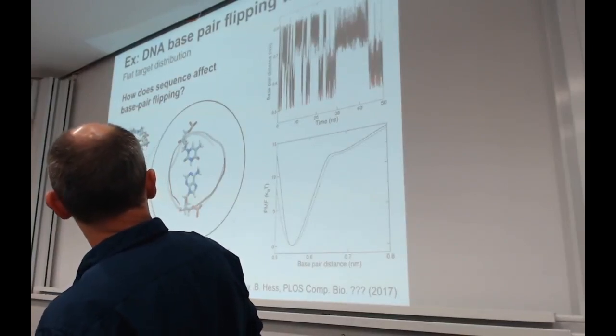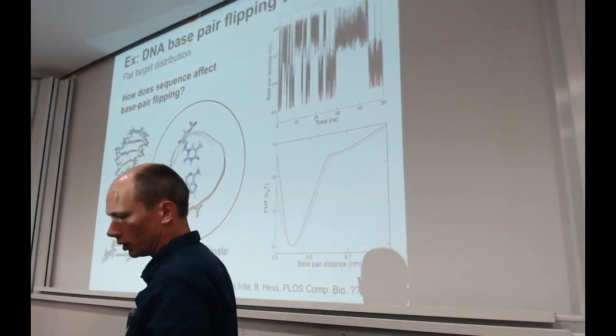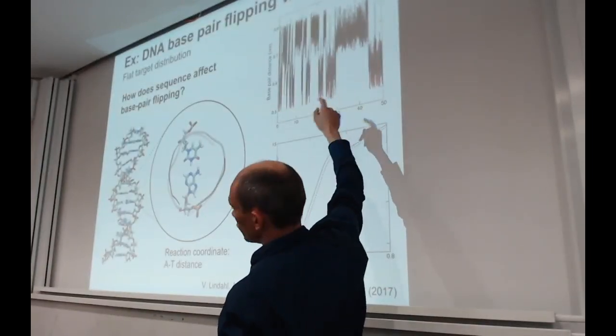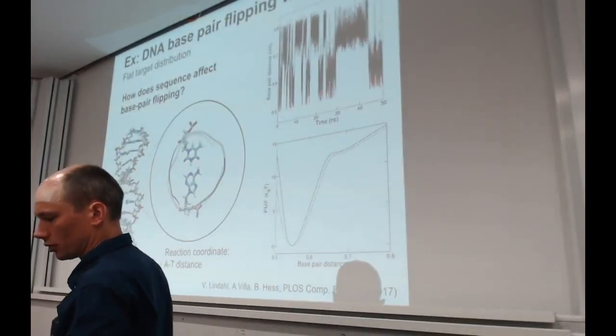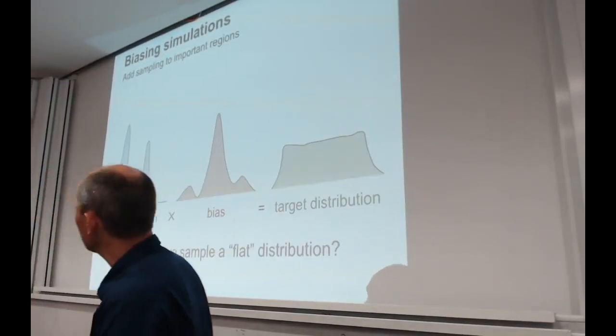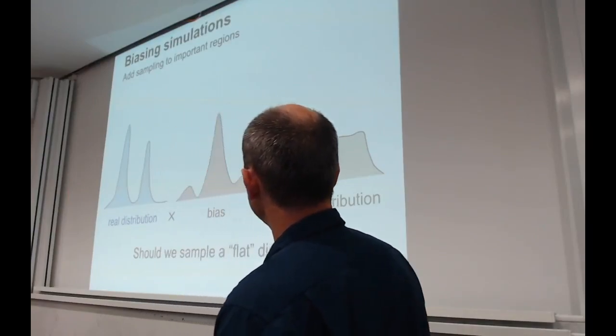So this shows that it works on quite complex systems. And you need to sample more than this 50 nanoseconds here. So there's a few transitions, you can get some free energy, but the error is going to be relatively large. Okay, but the point I actually wanted to make here is that